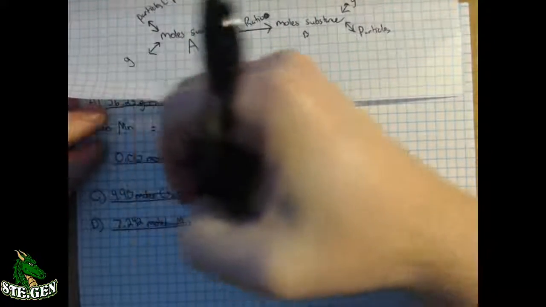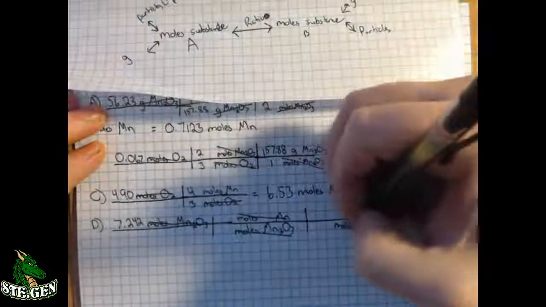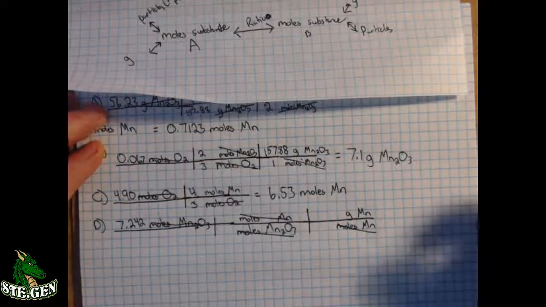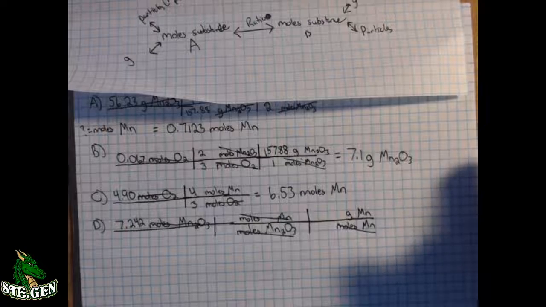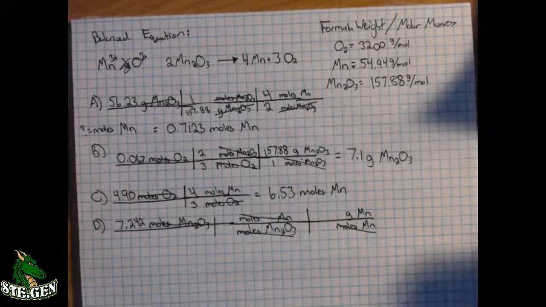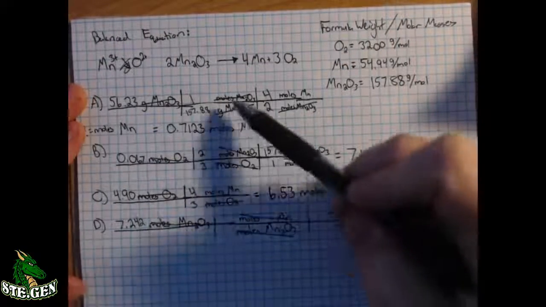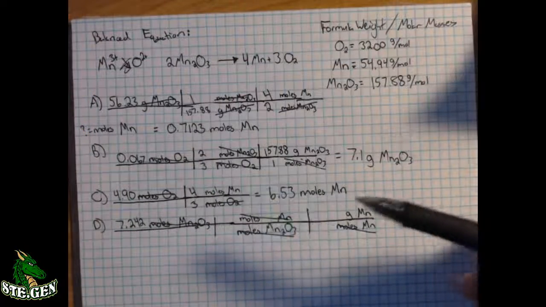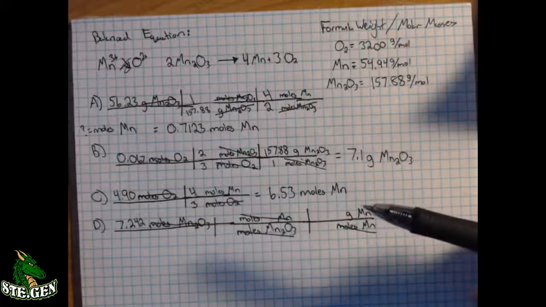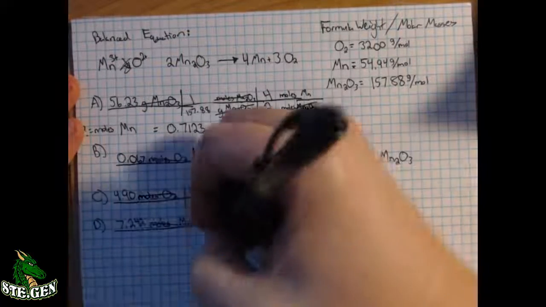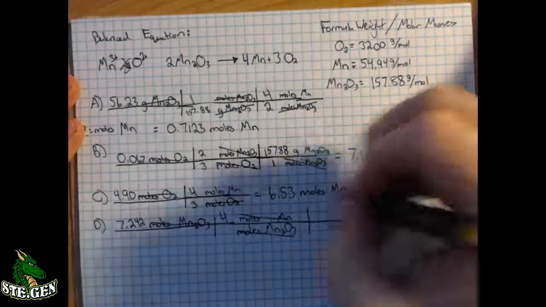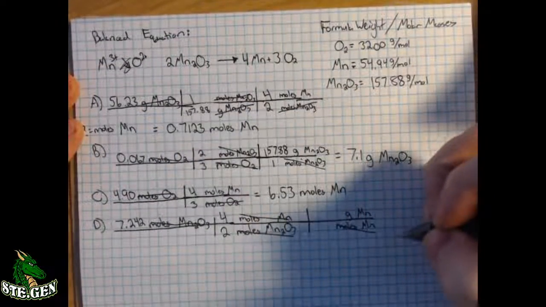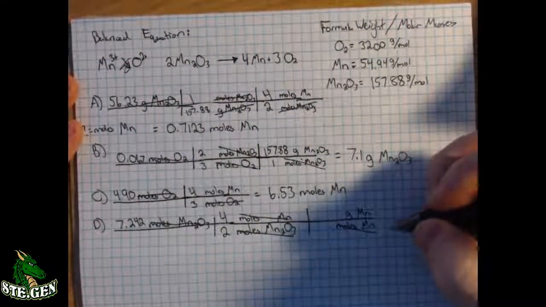This would allow my moles to cancel here, my moles to cancel here. I'd be left with grams of manganese, which is what I want. So that's a sign that I've done my problem correctly, and I should go back in and fill in my numbers. So that's just another way or approach you can take for these questions. I personally like with these filling them in as I go, just so I don't forget to accidentally do something later on. 4 moles of manganese per every 2 of manganese 3 oxide, and then our grams of manganese is